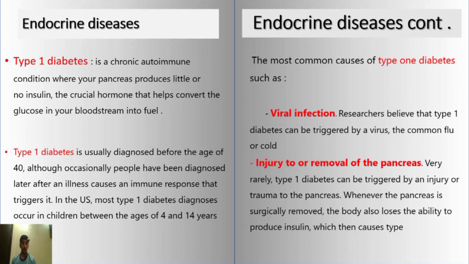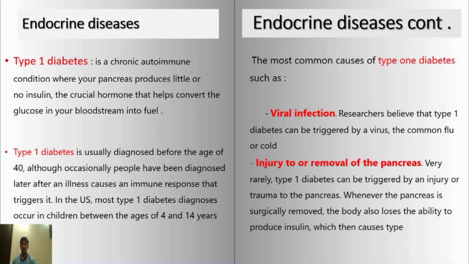Type 1 diabetes is usually diagnosed before the age of 40, although occasionally people have been diagnosed later after an illness causes an immune response that triggers it. In the US, most type 1 diabetes diagnoses occur in children between the ages of 4 and 14 years old. The most common causes of type 1 diabetes, such as viral infection,